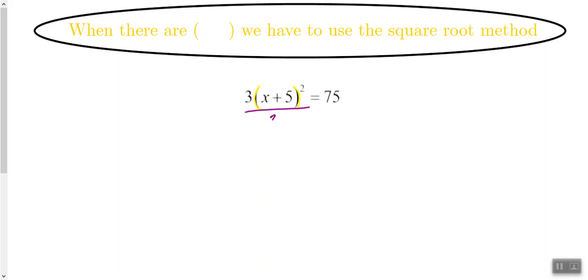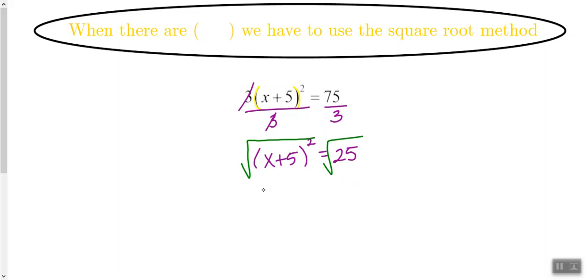So we're going to start by dividing each side by 3. All right, cancels it out in front. So I'm left with x plus 5 squared is equal to 75 divided by 3 is 25. Now, to get rid of the squared, you're going to take the square root. This now leaves us with our x plus 5